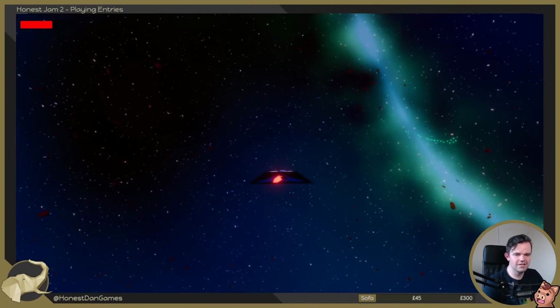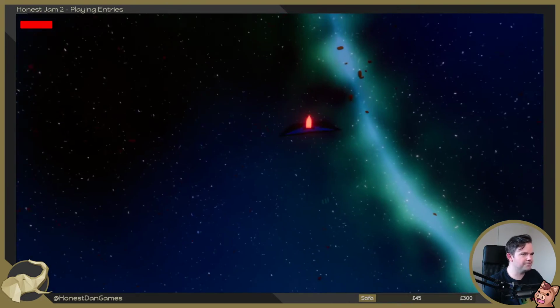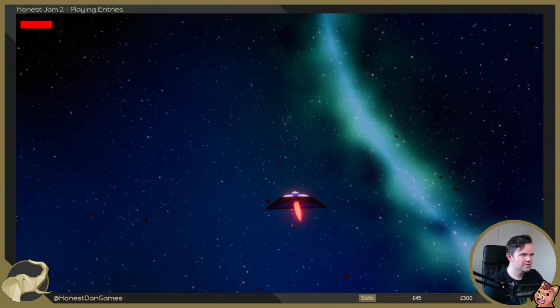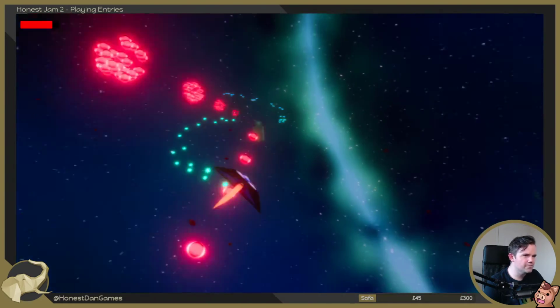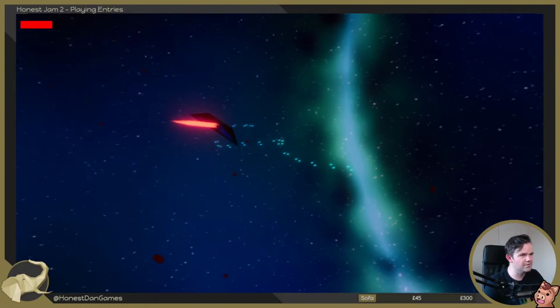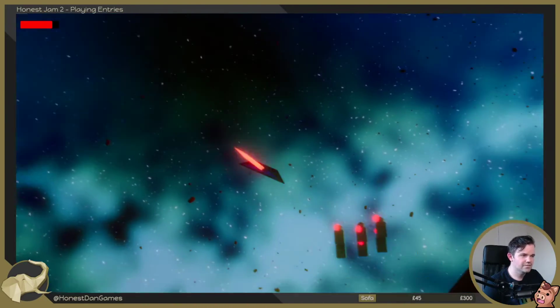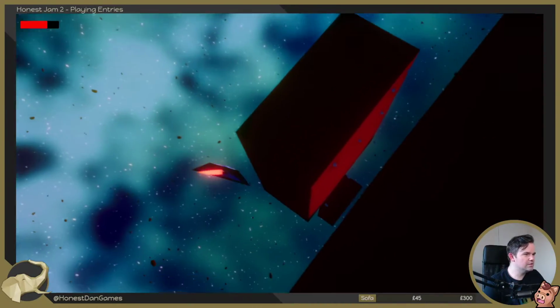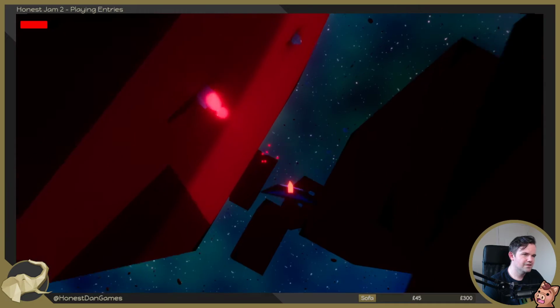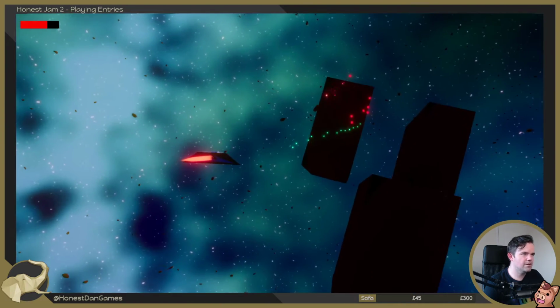But I love the idea of actually doing an on rails thing. Actually, you don't play many on rails kind of shooters anymore. I think having a bit more idea of where I'm going to be shooting would help, but maybe it just takes a bit of learning. I can shoot fast enough that it's not a negative. Oh, there's more. They're throwing blood balls at me. How dare them! Okay, so I can press right trigger to do...